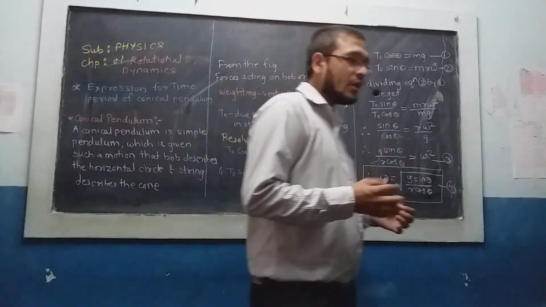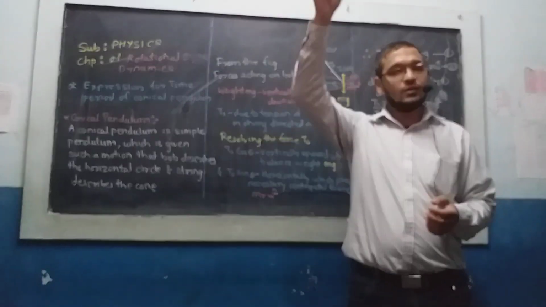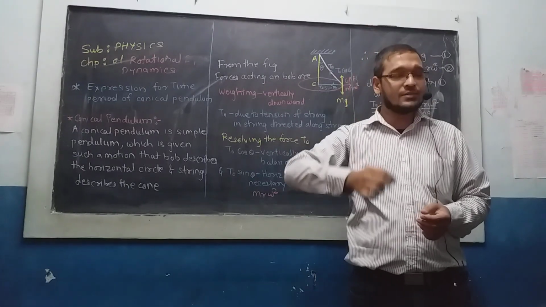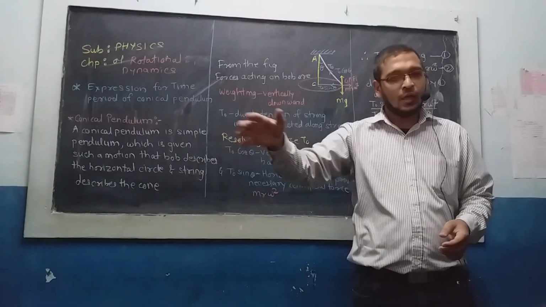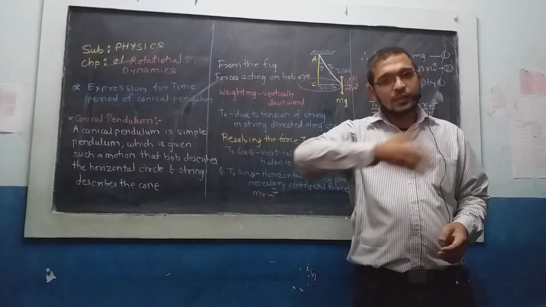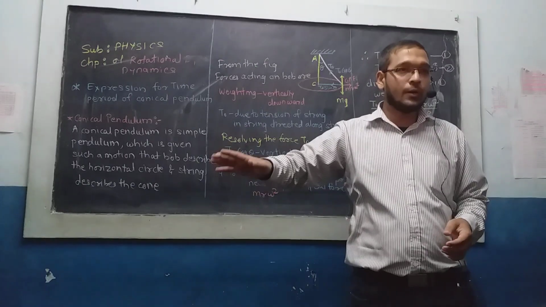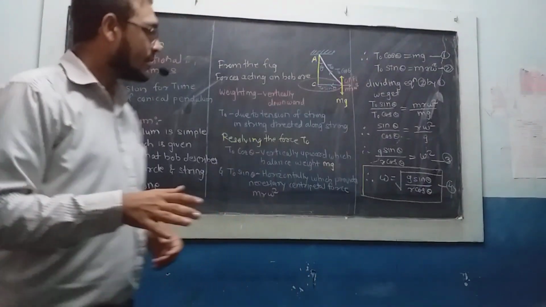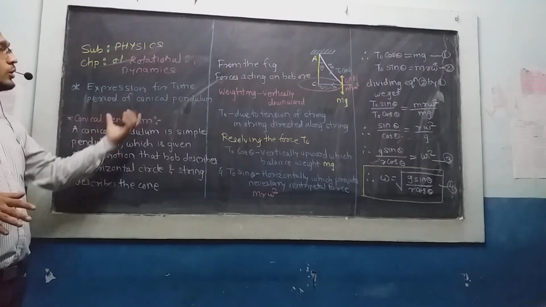What is a pendulum? It is a heavy bob, sphere, which is tied to a thread which is weightless and inextensible. If we give it a motion, then the pendulum starts to oscillate to and fro. That is called a simple pendulum. We have already learned the simple pendulum in lower standards. Now we are going to learn a conical pendulum.